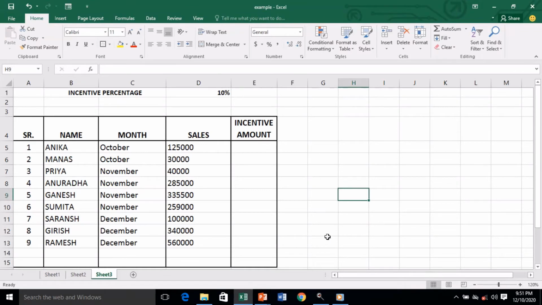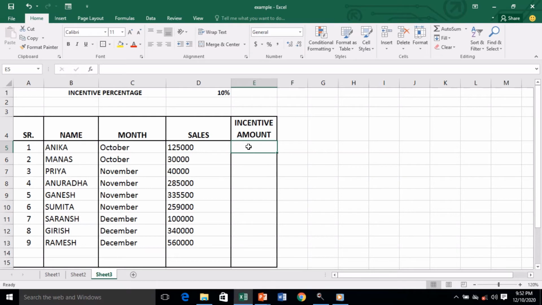So my children, let's understand the example of absolute reference with this. Here we have the sales list and here is the incentive percentage. We have to multiply the sales with the incentive percentage and we'll get the amount here. We click in this box because we want the incentive amount here. So here we will type the formula.